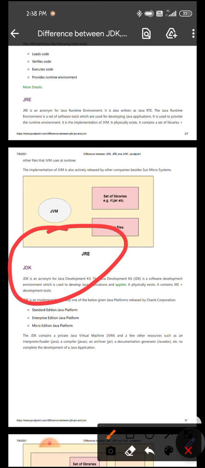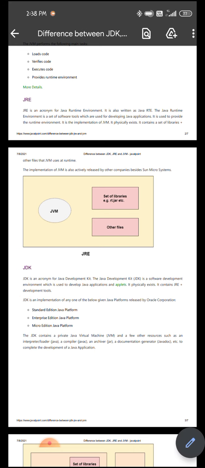It is a full-featured software development kit.